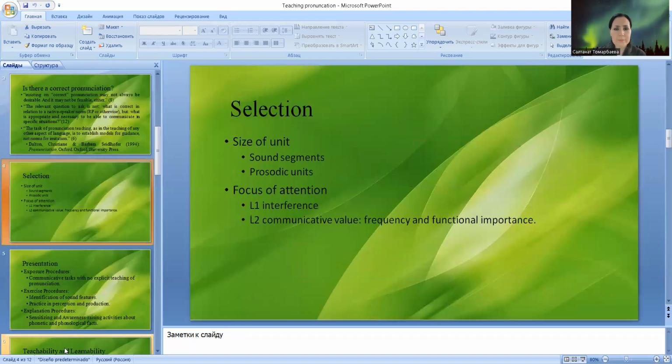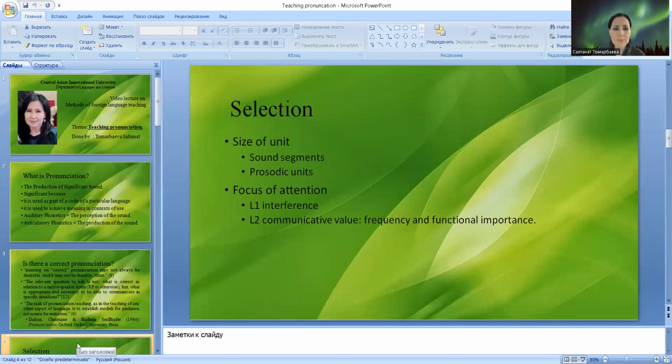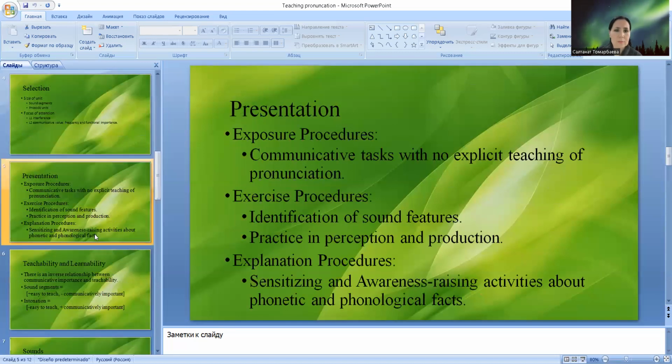Okay, selection: size of units, sound segments and prosodic units; focus of attention, for example, level 1 interference, level 2 communicative value, frequency, and functional importance. Presentation: exposure procedures, communicative tasks with the explicit teaching of pronunciation; exercise procedures, identification of sound features, practice in perception and production; explanation procedures, sensitizing and awareness-raising activities about